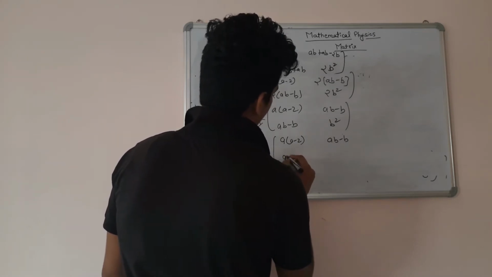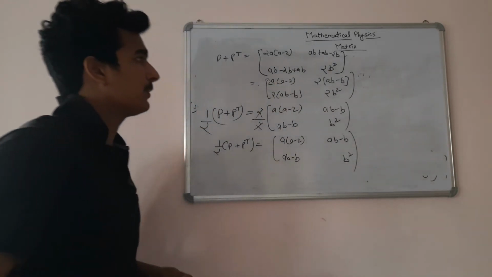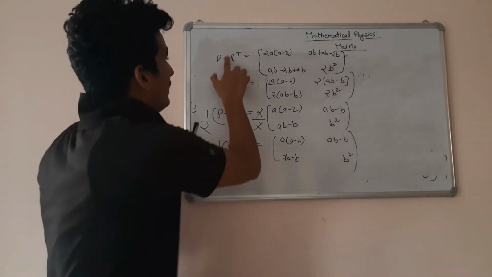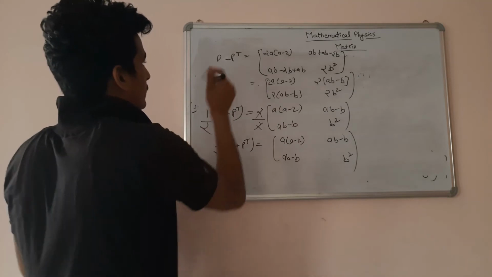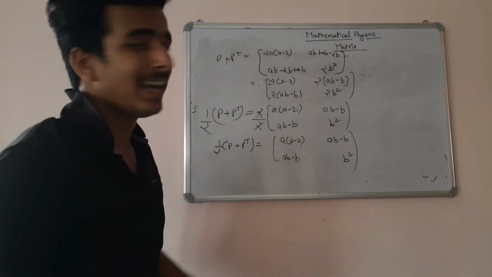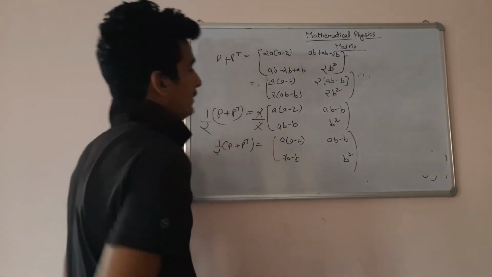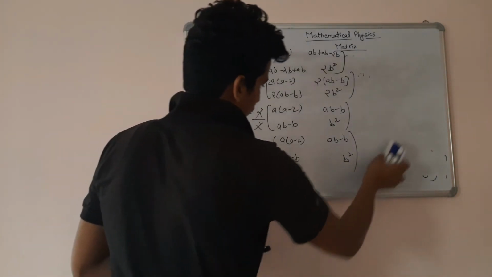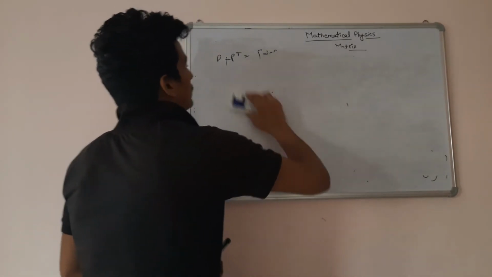Can you find the anti-symmetric part? Basically we have to do nothing, we just subtract these two matrices. For the anti-symmetric part we have to subtract these two matrices and then divide by 2. It is very simple. You can try the anti-symmetric part at home. So this is a question that came in the JAM 2006 question paper. Hope you find this very easy. Now let's move further.